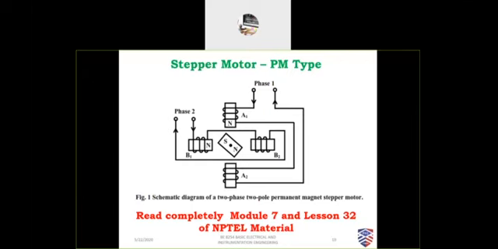A1, A2, B1, B2 are switched in sequence. Then poles will be created in the stator. Depending upon the pole, suppose north and north, it attracts the south pole, so it stays in between. Okay, this circuit is only to show you how it is. If it is north here and north here, the south is in between, at 45 degrees.